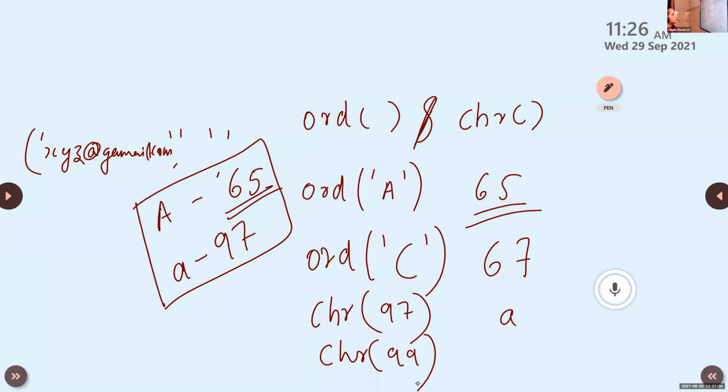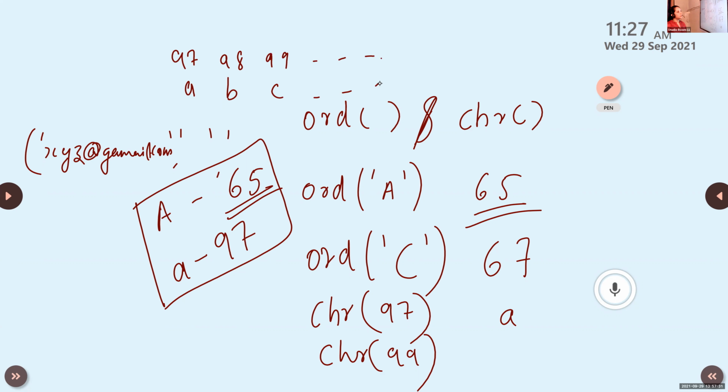Just calculate. 97 is A. Then what about B? B is 98. Okay, Achut, 97 is A. Then 98 is B, 99 is C, just like that.